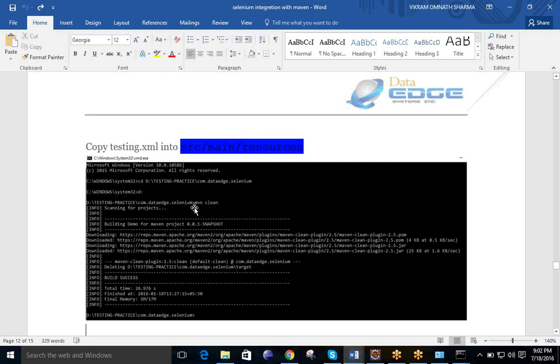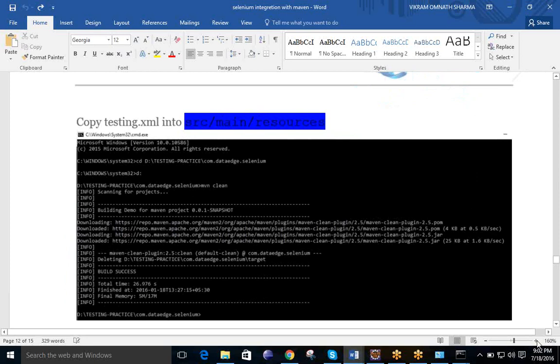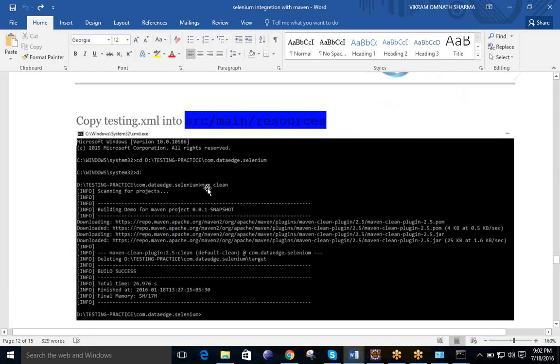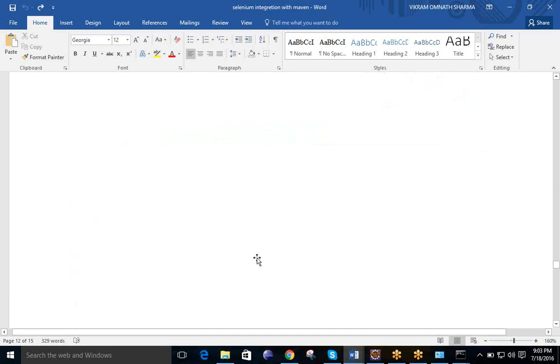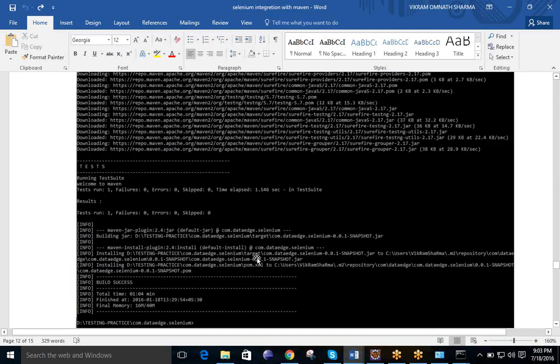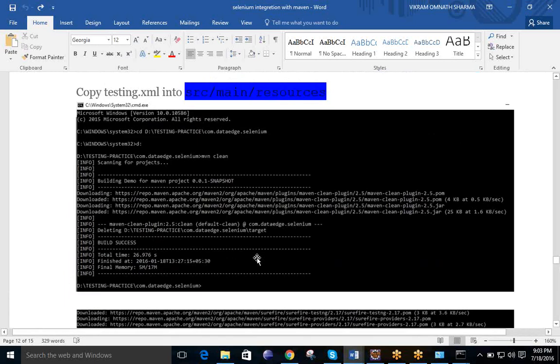You can see over here, let me zoom in some more, that once you are at the project directory you have to run Maven clean, or if you wish you can skip the clean also, that is not mandatory. You have to run. So Maven clean, Maven test, Maven initialize, whatever operation you wish you can perform.